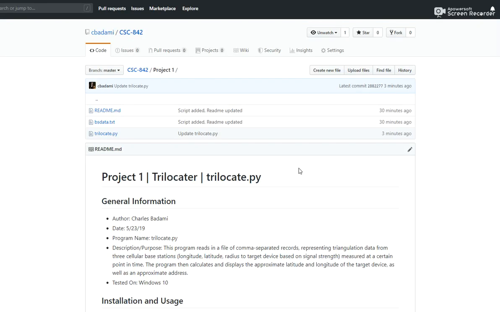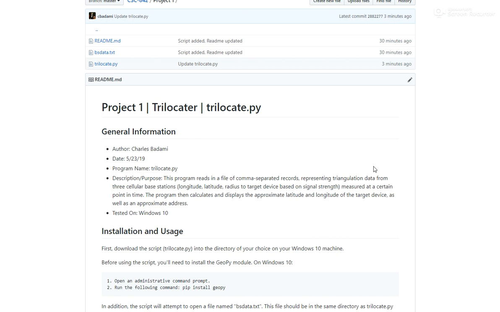Hello. This will be a demonstration and discussion about this program I call Trilocater. Trilocater is a little utility that automates a specific task. What I did recently is I worked on an assignment where I had to do some